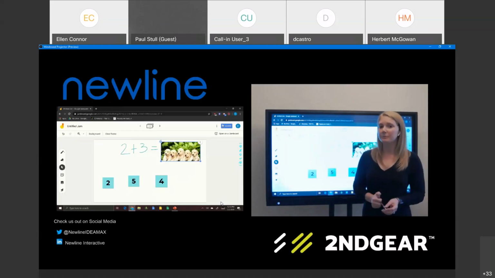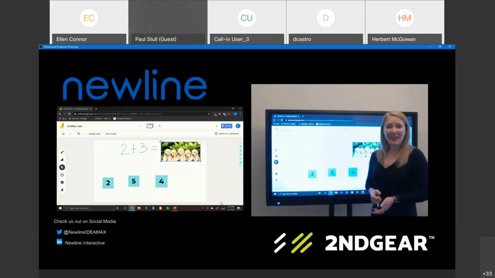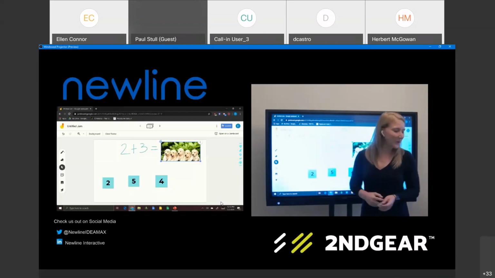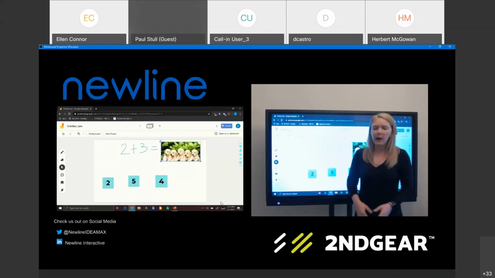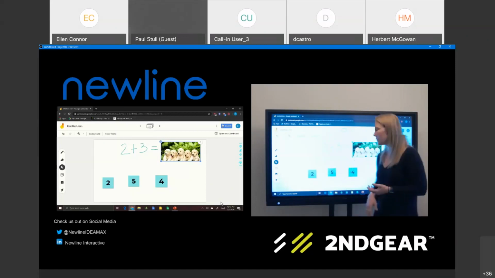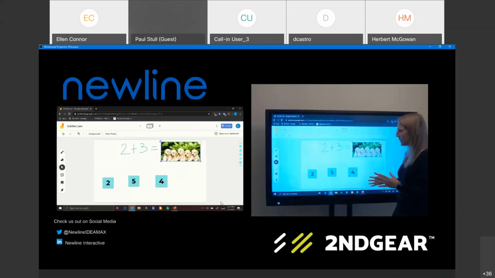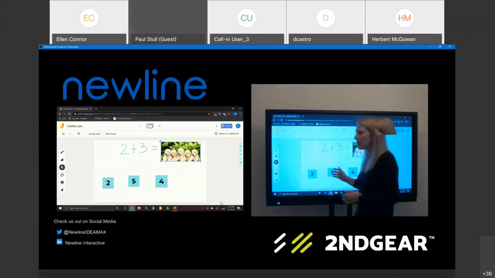Now, a way that you can enhance your digital whiteboarding experience is if you are fortunate enough to have a touch device. So for instance, if you have a laptop that has a touch screen, or an iPad, or maybe a Chromebook that's interactive, you actually can use that device to make yourself mobile in the classroom. So instead of having to stand always at the front with your panel and your digital whiteboard up here,